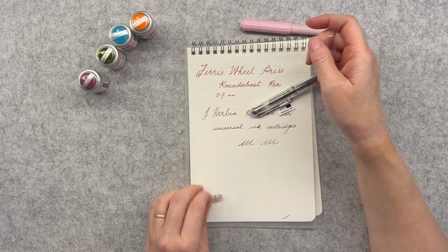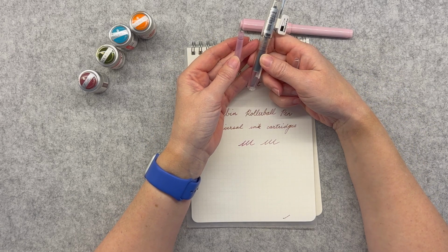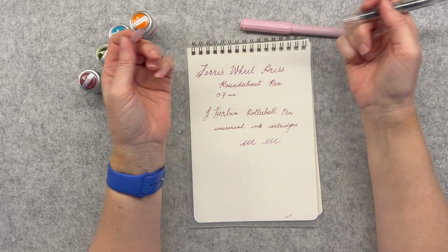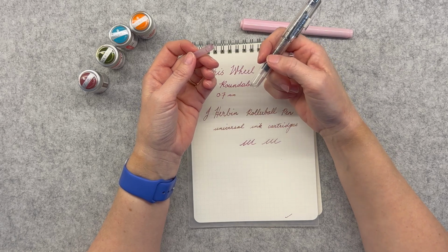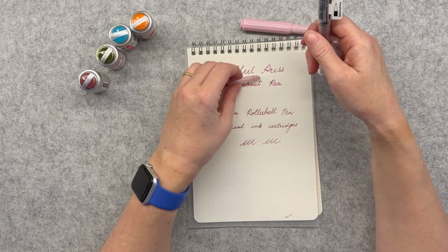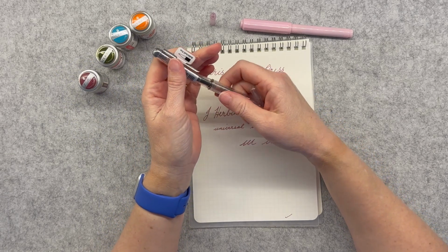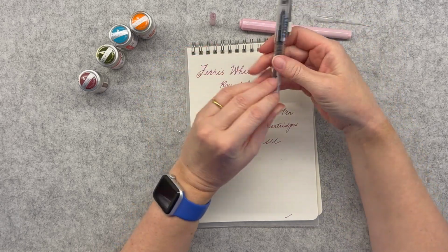Yeah, so all of a sudden you can buy these cartridges, use the ink that's in them. Or look, it came with one, didn't it? So use that one. And then you can start refilling it with any ink of your choice. Probably not shimmer though, and that's probably even more the case for this one, given it's a very fine nib. But yeah, look, if you can find this on sale,